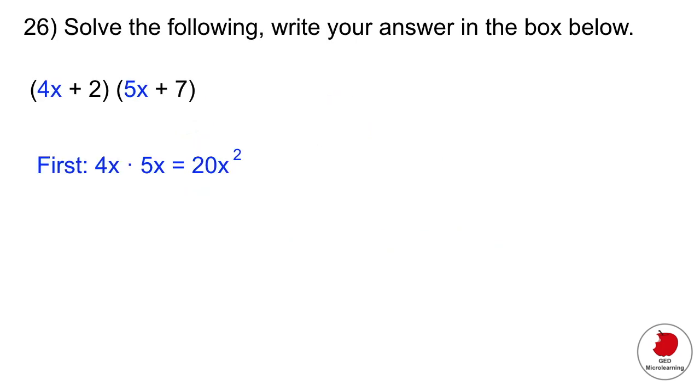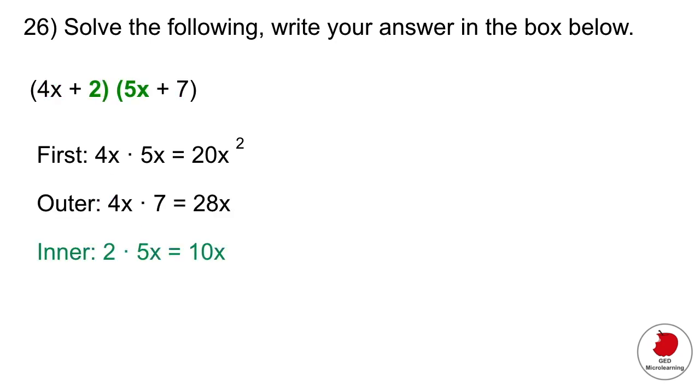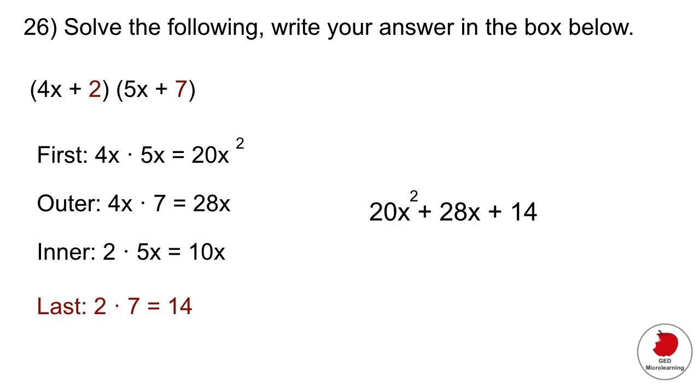So in this example, we would multiply the first terms, which are 4x multiplied by 5x, and that gives you 20x squared. Then the O, remember, is outer, so we'll multiply 4x times 7, which is 28x. Inner, 2 times 5x, which is 10x, and then the last, which is 2 multiplied by 7, which is equal to 14. And then all you have to do is add all of these terms together, and that gives you,